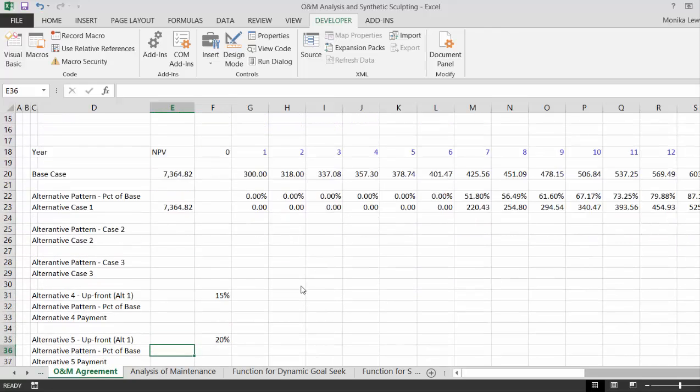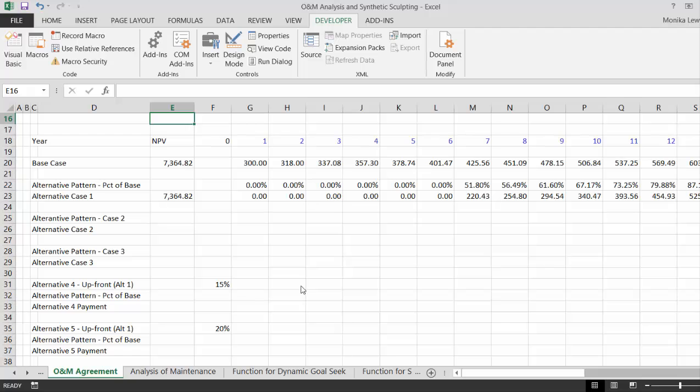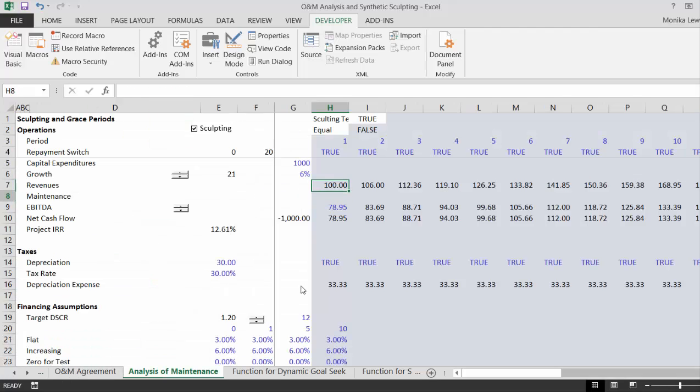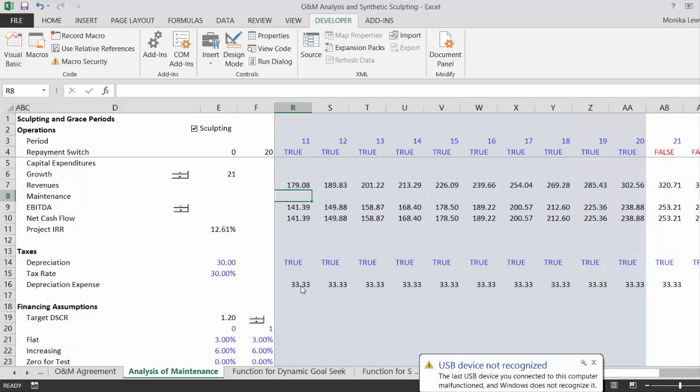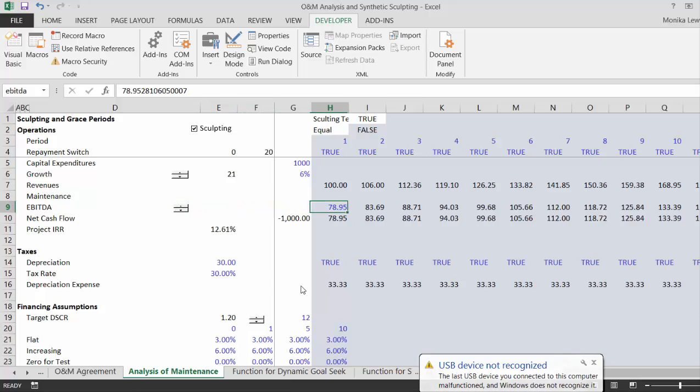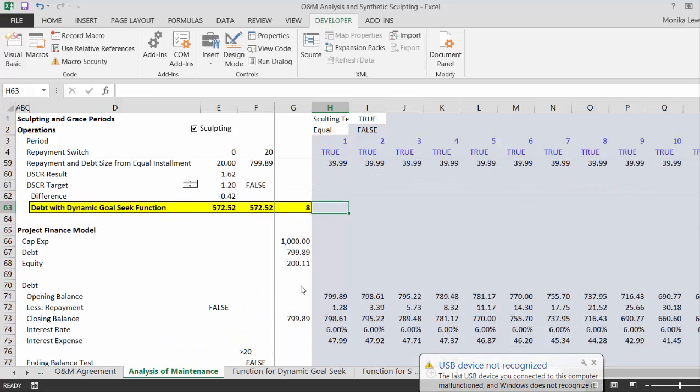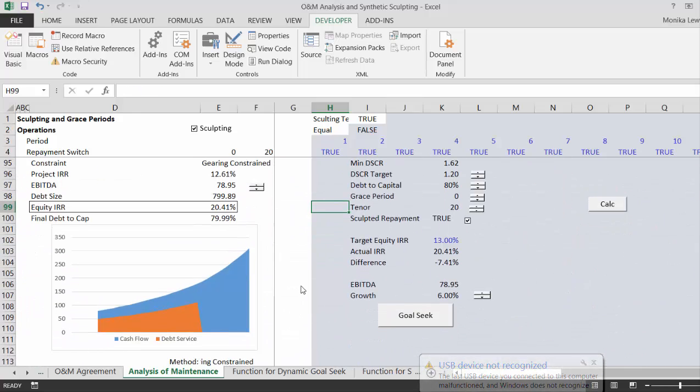When we get to the analysis of maintenance sheet, we'll put the different maintenance patterns in here. And now our EBITDA will be the revenues minus the maintenance. And we'll be able to examine ultimately how these different maintenance contracts could